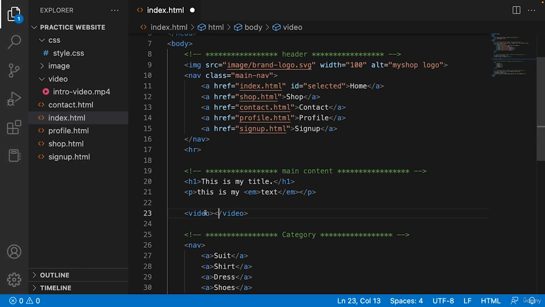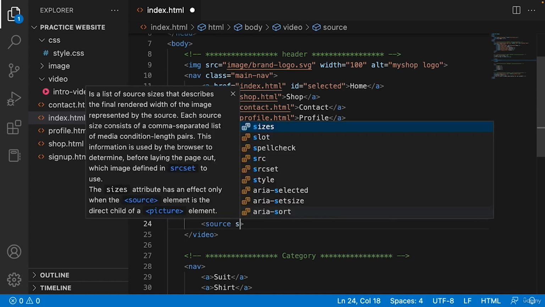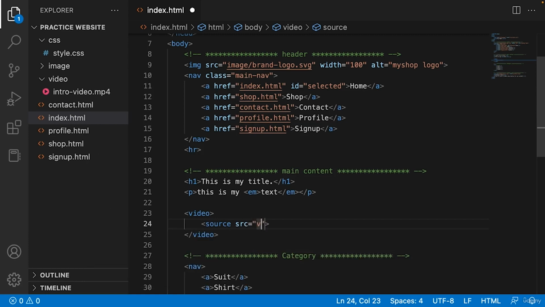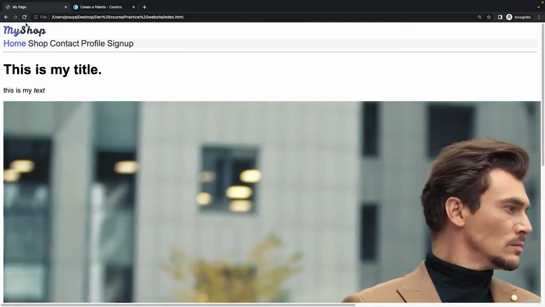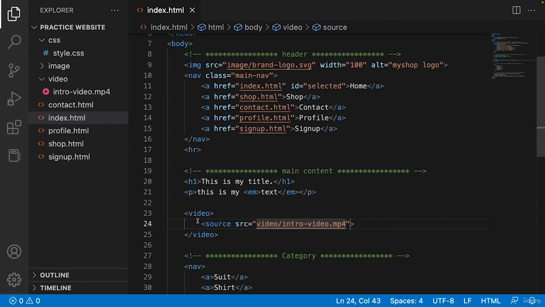There is another way. Let's go back, right? So we have two tags here, opening and closing. We have one, and there is no content for it. We need only to direct our source to the video file. So the same way that I added earlier, I'm going to use src and write down video, the folder name, and then add it and save. And if I come here and refresh it, you see it's